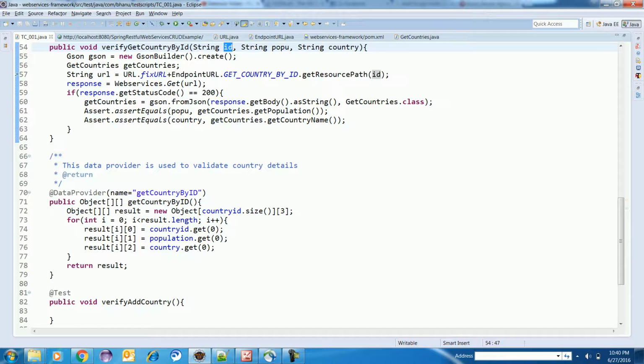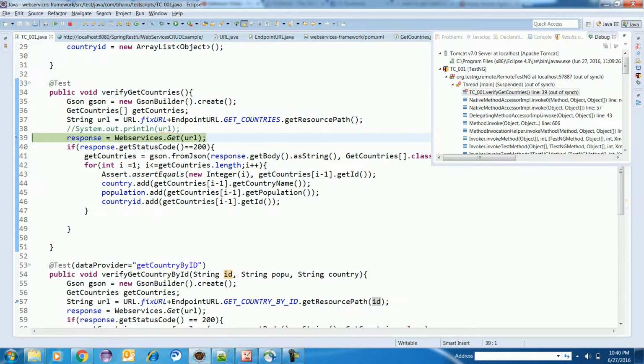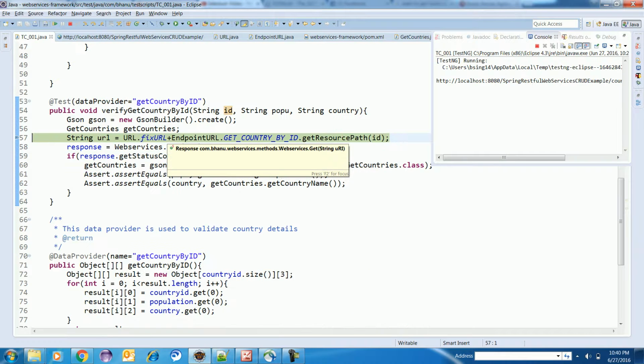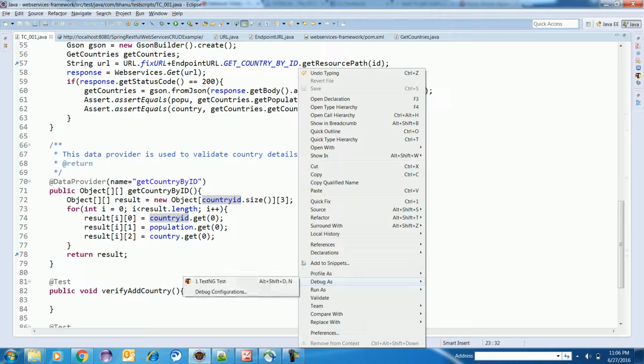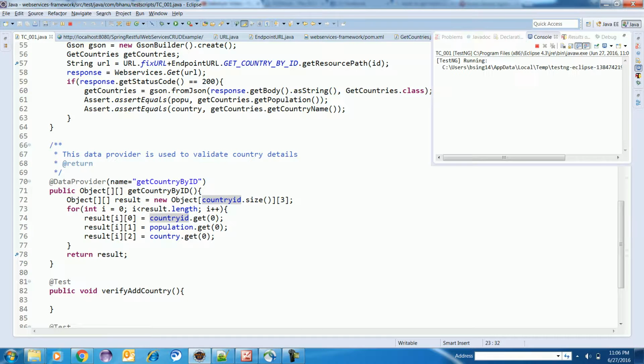So what I'll do here, I'll put one debug point here also, and I'll debug that. I'll see what data is getting stored to the data provider. That is very important, right? Anyways, this will get executed, this will not halt. So here if you look at this data provider, some data is getting stored here, right? I will debug this one more time and we'll see what is the actual problem we are facing.